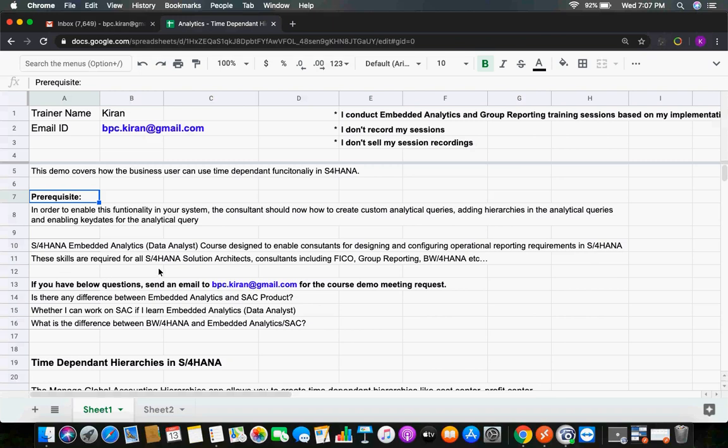These skills are required for S/4HANA solution architects and consultants, including FICO consultants, group reporting consultants, BW for HANA consultants, BW consultants, MM consultants, PP consultants, any S/4HANA consultant. All consultants need this knowledge of reporting requirements, because tomorrow if you want to create an HR report, a headcount report, this functionality is required.